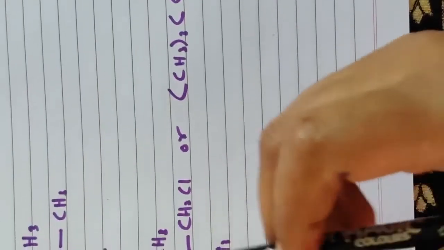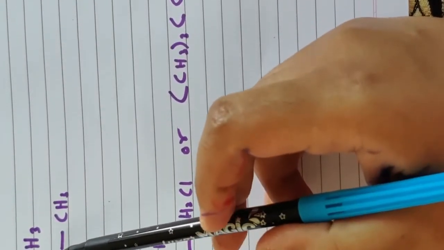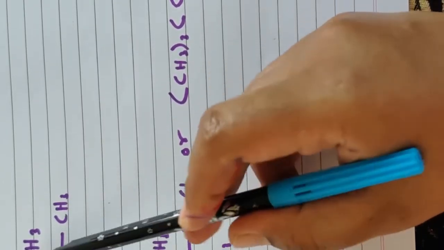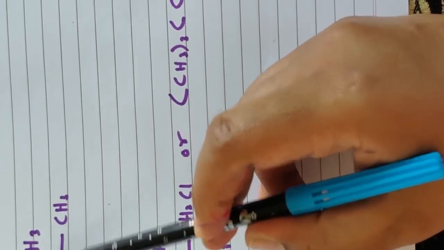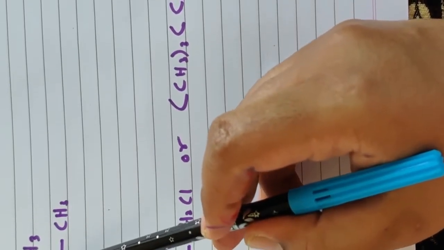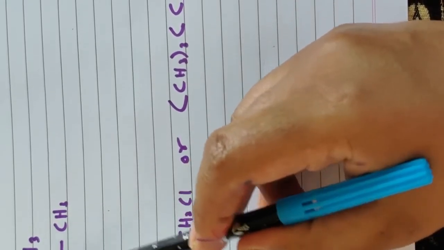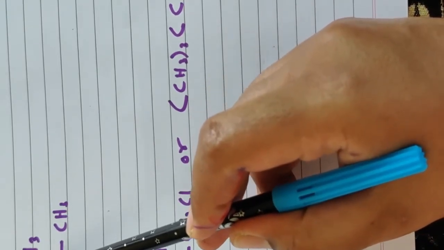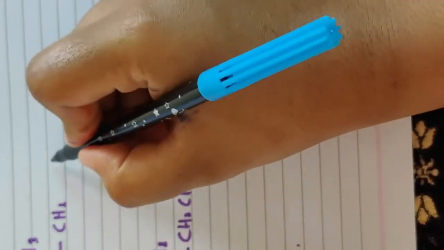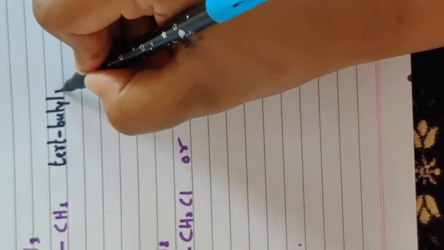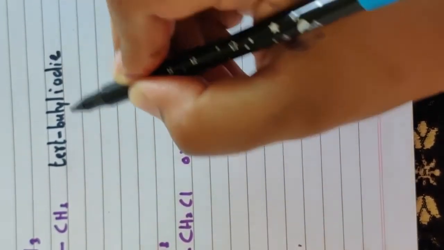In the next example, let us identify the alkyl group first. Let's see which is our alkyl group. 1, 2, 3, 4. So butyl is our alkyl group. But what butyl is it? You can see it has a carbon atom which is attached to 3 other carbon atoms. So this is your tertiary carbon. So the alkyl is tertiary butyl. Therefore the name of this is tertiary butyl iodide,